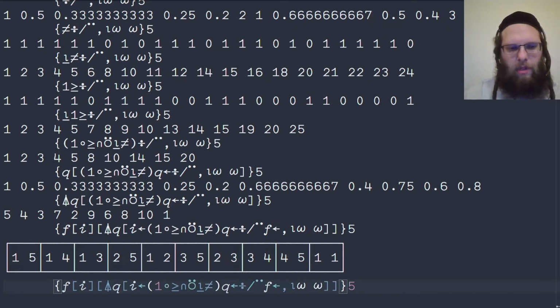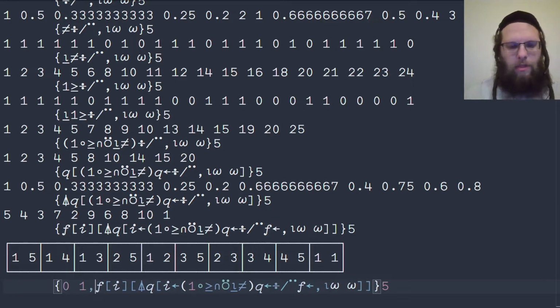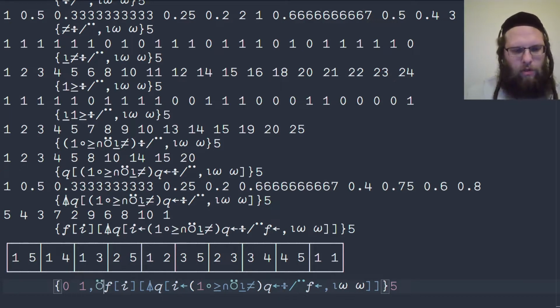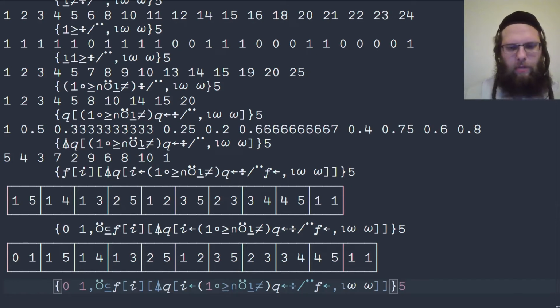And the only thing we're missing now is the 0. So we can stick that in front and have that separately. Either way we do it, we can say 0, 1 concatenated. The only problem is that we have a nested array on the right and a simple two-element vector on the left. But if we do this over the nest function, it makes sure that the result is nested if possible. So this is going to enclose the left but not the right. It's also known as enclose if simple. And that gives us